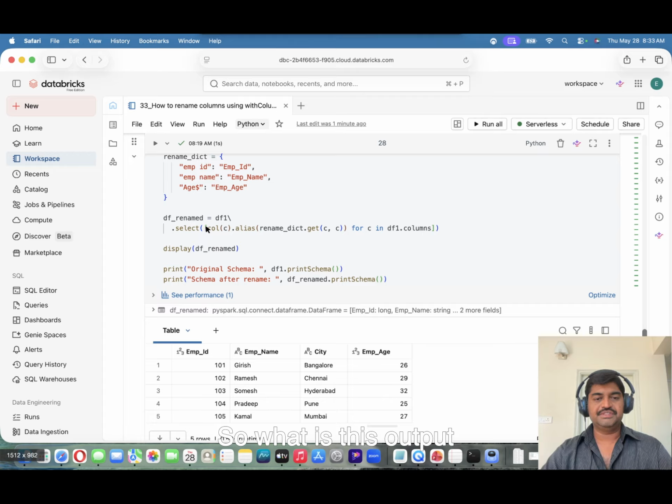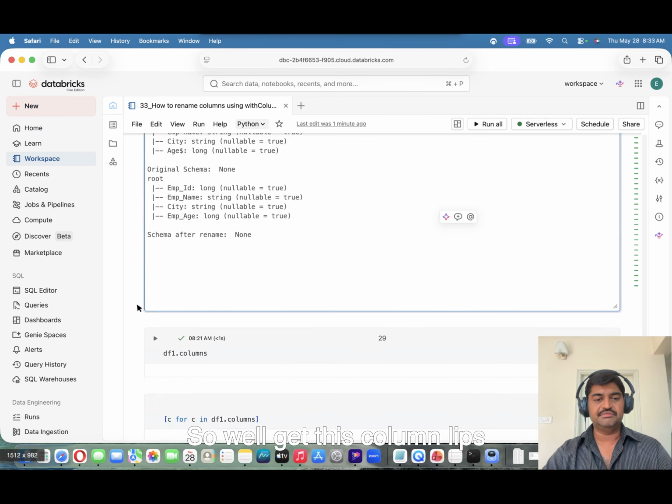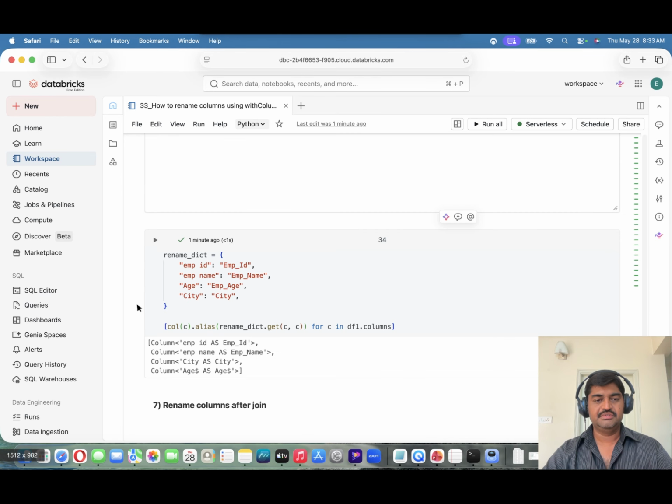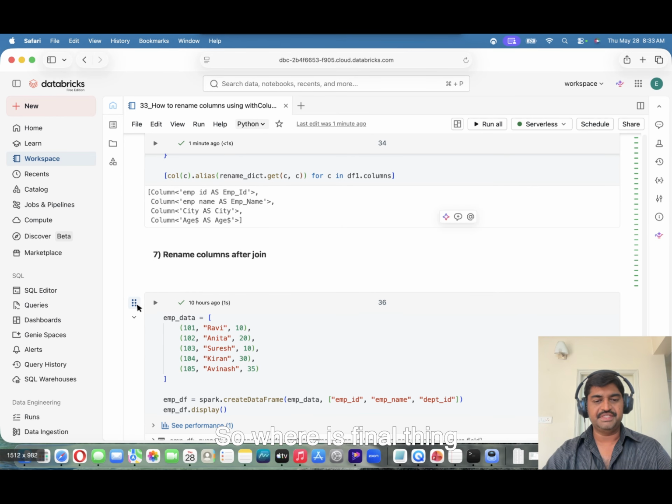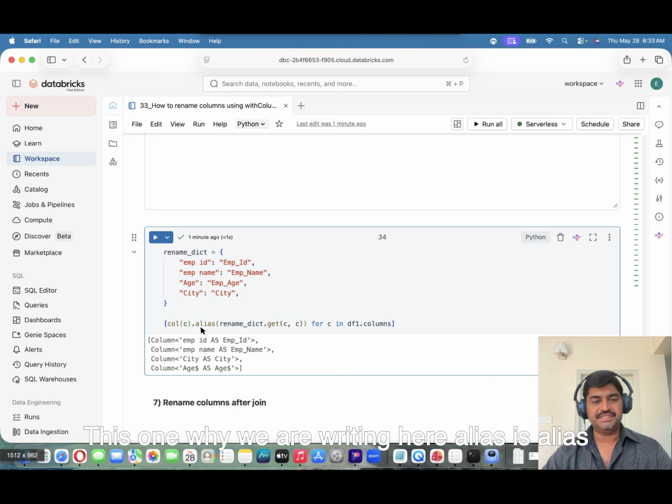So what is this output? We saw this output is this one. So we'll get these column names. So where is the final thing? This one. So this list comprehension output is this one. So as employee ID. So why are we getting this one? Why are we writing alias here, dot alias? So we are getting as